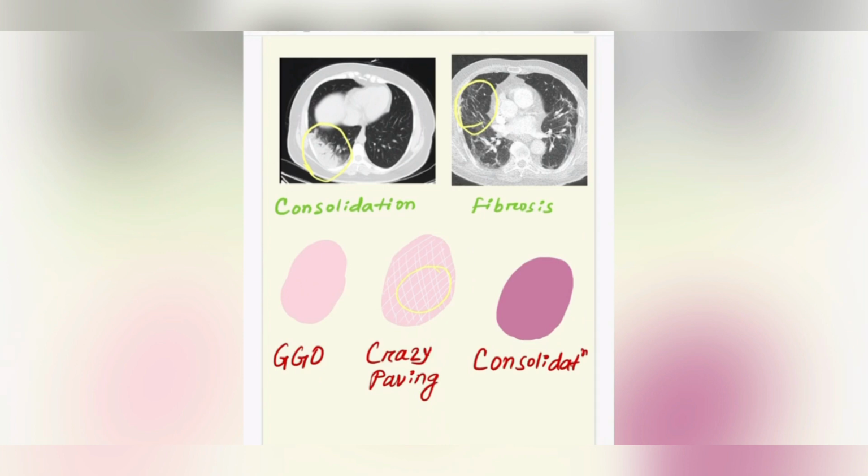And just see the difference between ground glass opacity, crazy paving and consolidation. In ground glass opacity you have thinner exudates, thinner opacities, and crazy paving is ground glass opacity along with areas of interstitial septal thickening in between, in the areas of ground glass opacity. And consolidation is the denser form. Here the exudate is denser. The alveoli is filled with pus or exudate or hemorrhage, whatever it may be.